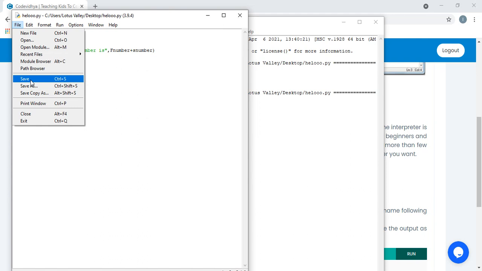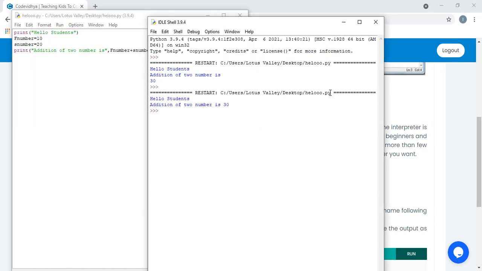If you save with just a name and no extension, that code will not be interpreted by the Python interpreter. So whenever you save your file, put the extension .py like this. Then using the F5 key on your keyboard, you can execute your program.